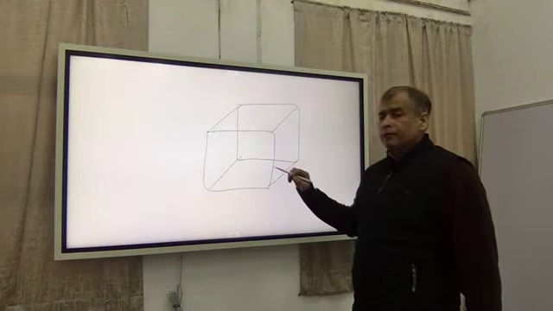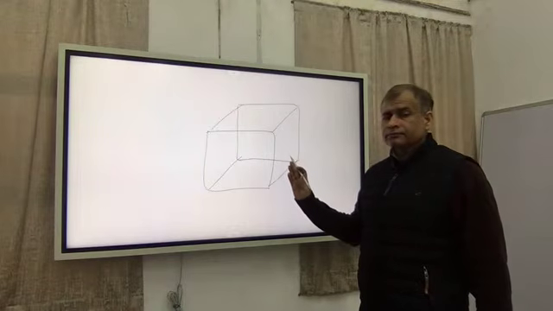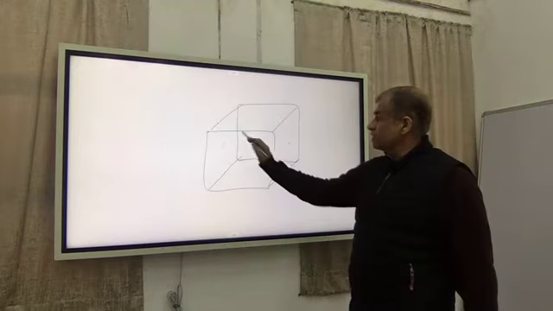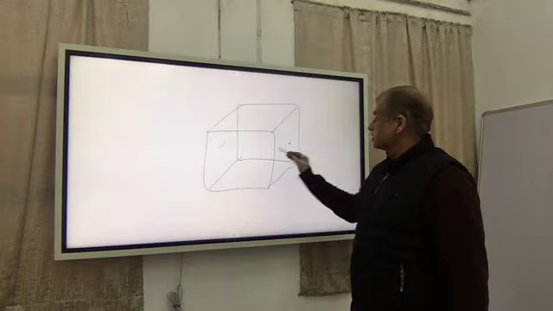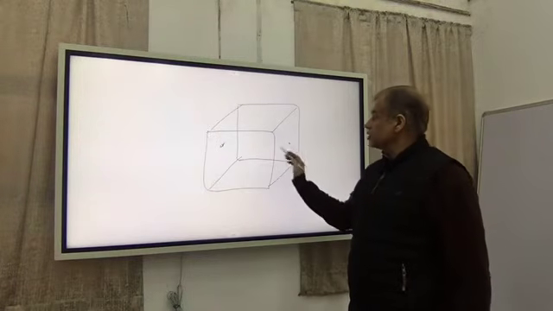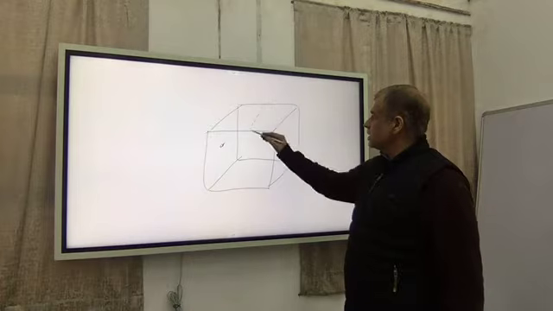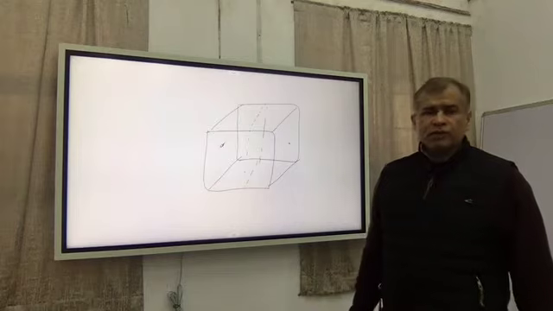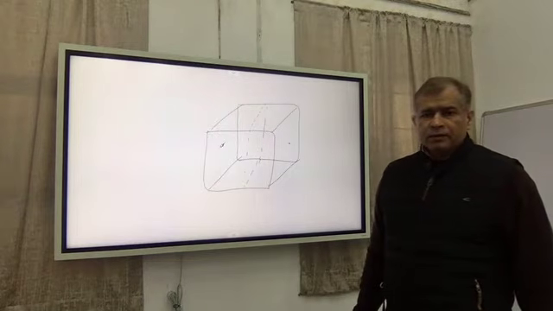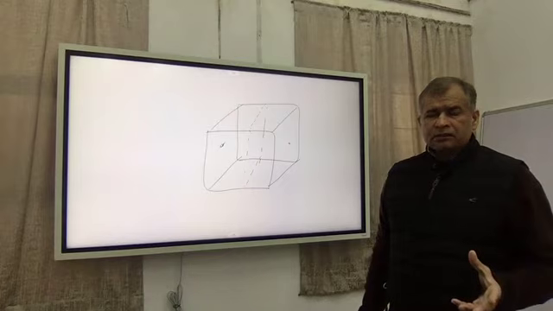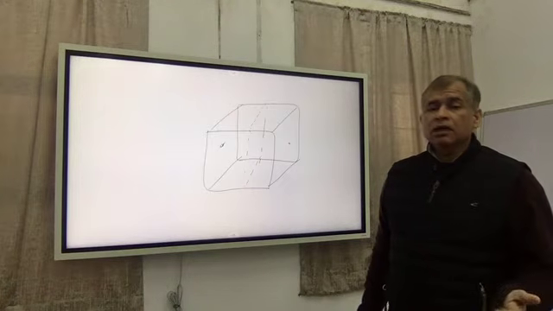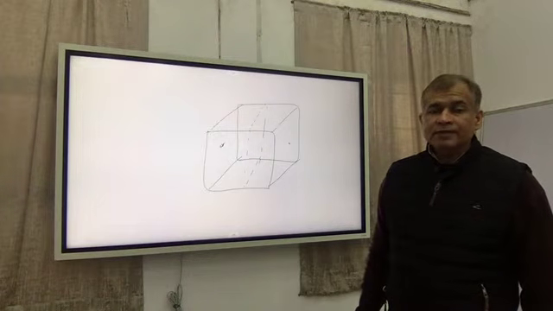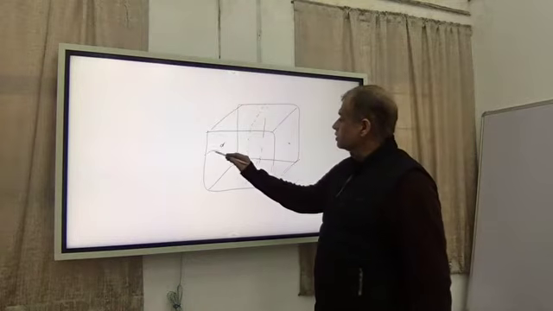One type are called rectangular planes of symmetry, which are present in the middle of the 2 opposite faces. This is one face, this is another face, these 2 opposite faces, and the plane is in the middle of the 2 opposite faces. Obviously, it divides the cube into 2 equal parts. The question is how much will be the total number? There are 6 faces in the cube, so there should be 3 rectangular planes of symmetry. And I am trying to show them. This is the second one.